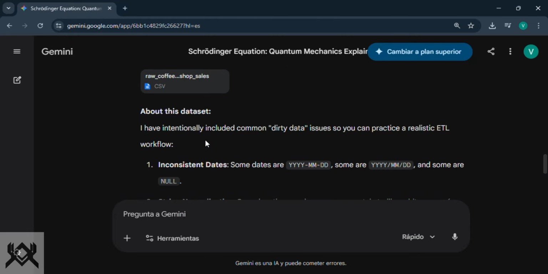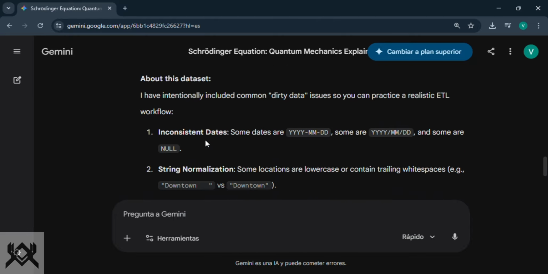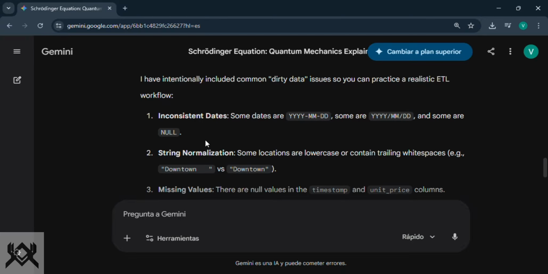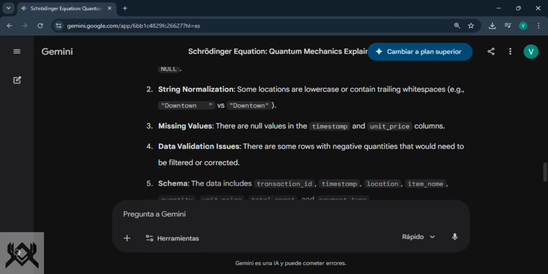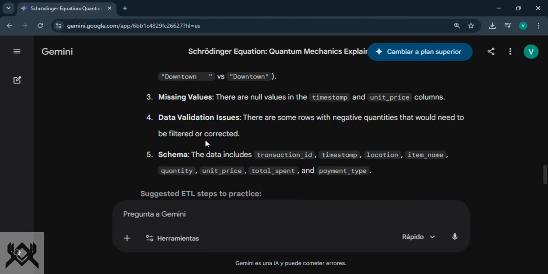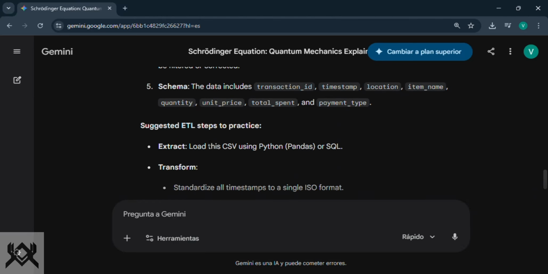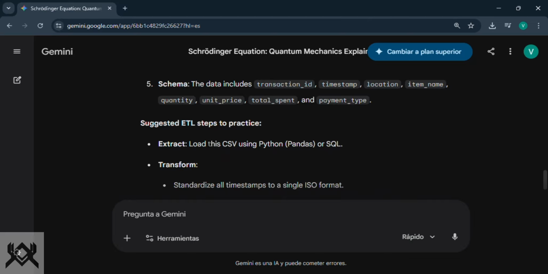Okay, about this dataset, I have intentionally included common dirty data. For me, it is the same. When I generate three CSV files, the data has dirty issues, so you can practice a realistic ETL workflow: inconsistent data, string normalization, missing values, data validation issues, schema, and suggested ETL steps to practice.